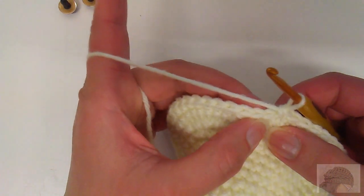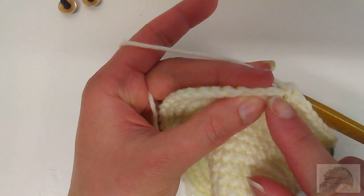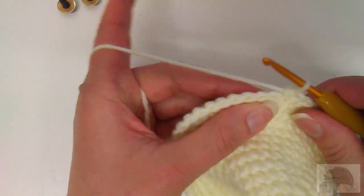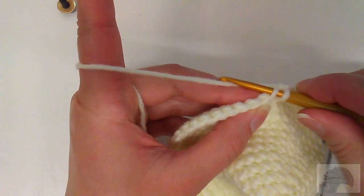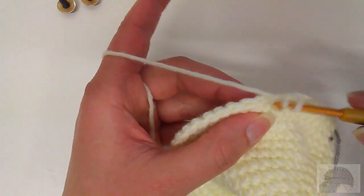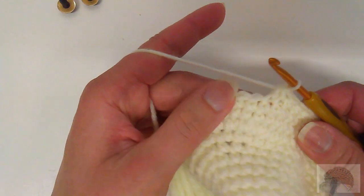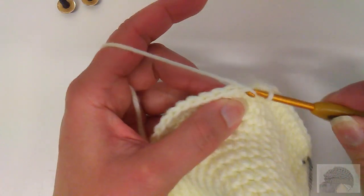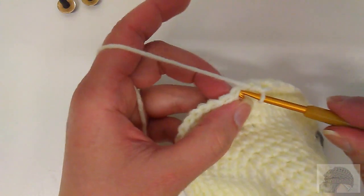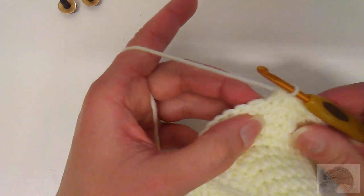So what we're going to do now is decrease. We'll be going through the front loop only. So here's the front loop and here's the back loop, and we'll just go through the front loop only. Pick up the front loop, bring yarn over and pull up a loop. Then we'll go in the next stitch of the front loop, yarn over, pull up a loop, and then yarn over and pull through all 3. And that's how we decrease. Pick up the front loop, yarn over, pull up a loop, yarn over, pull up a loop, and yarn over, pull through all 3. So that's how we'll keep doing it all the way over the next